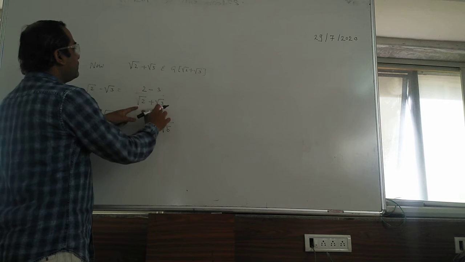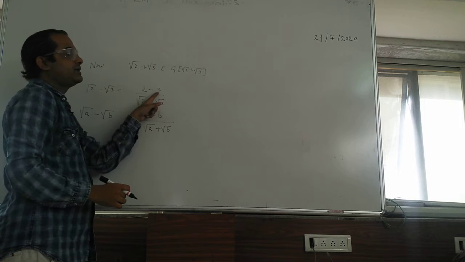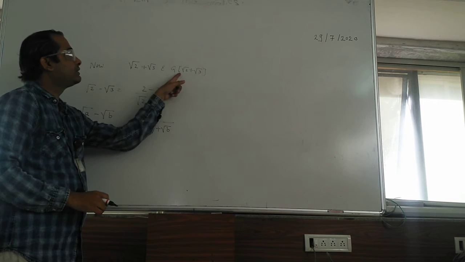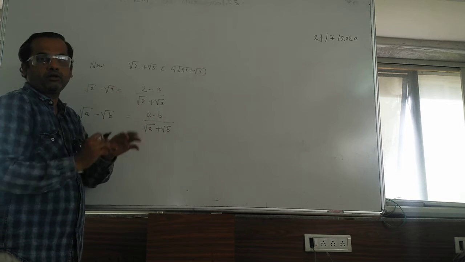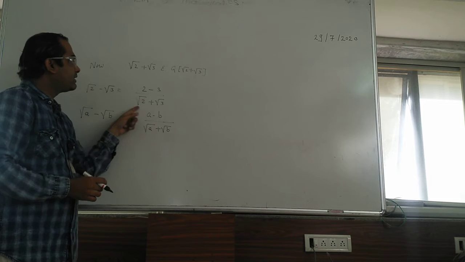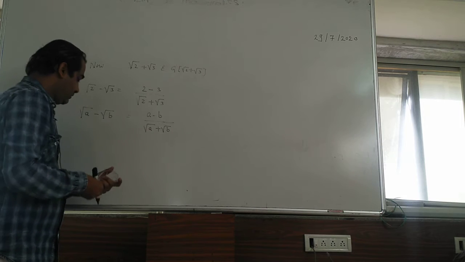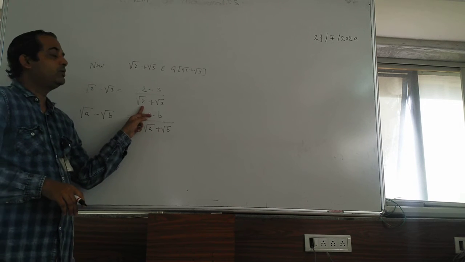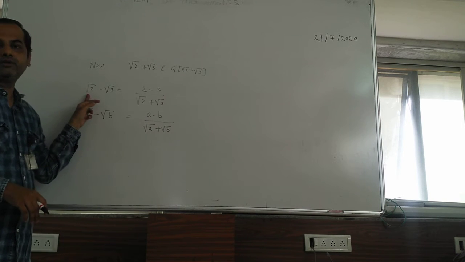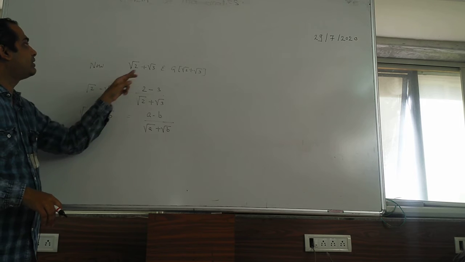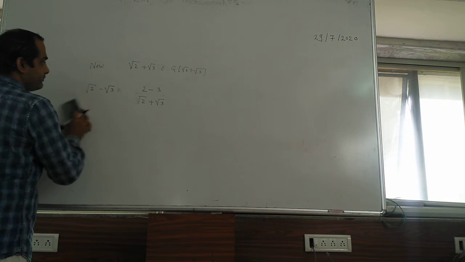Now 1 upon root 2 plus root 3 is in this because it's a field, so the multiplicative inverse is there. 2 minus 3 is minus 1, and minus 1 is a rational number, so it is in this. Minus 1 is there, 1 upon root 2 plus root 3 is there, so the product is again in this field. So this element is in Q of root 2 plus root 3. That value, 2 minus 3 upon root 2 plus root 3, is nothing but root 2 minus root 3. Once you have root 2 minus root 3 in this field, you are done.